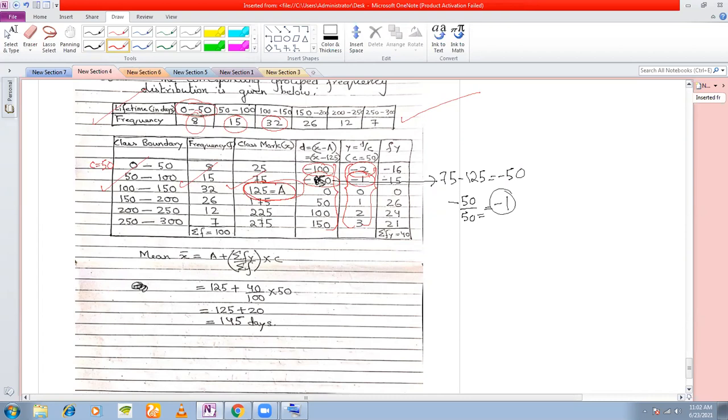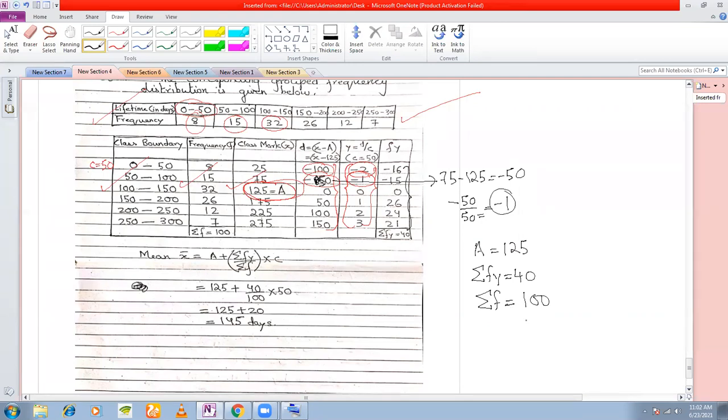And so on. Okay. And then you construct the next column for Fy, because we need summation Fy. So the Fy column you add up. Assumed mean here is, we have taken 125. Summation Fy, we total up this column, we are getting 40. Summation F, we total up the frequency column to get 100. Right? Now we can calculate the mean very easily.